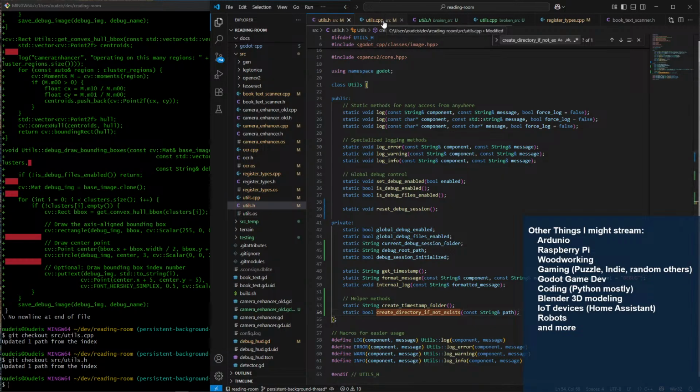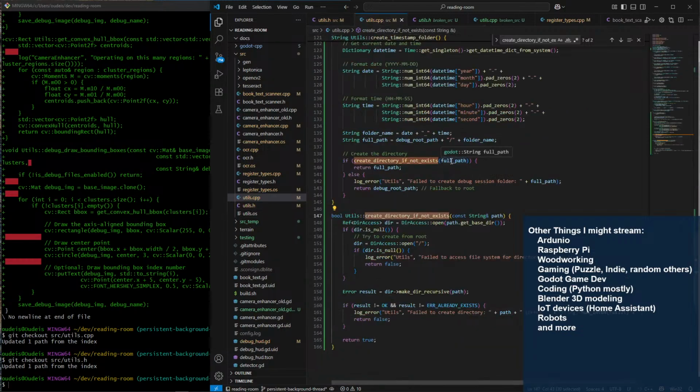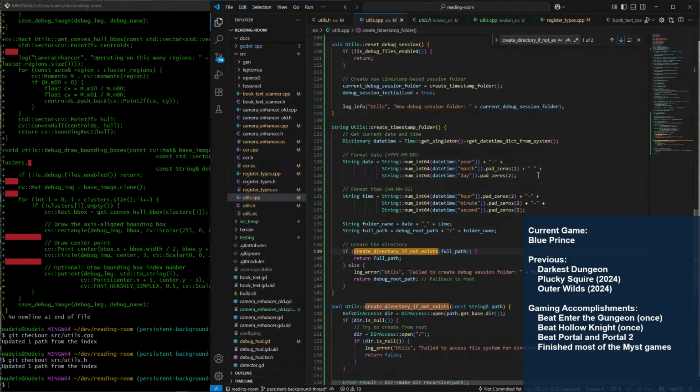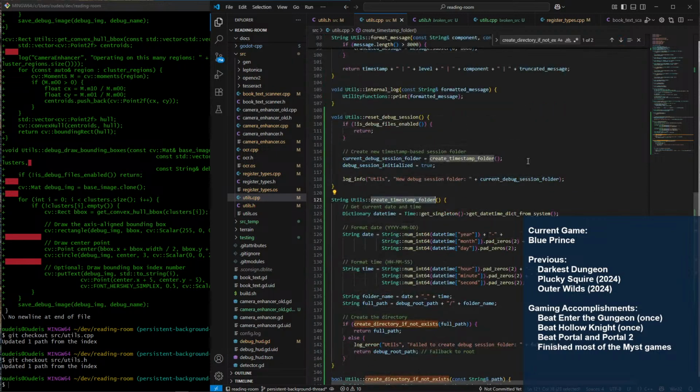But do you take a Godot string path? Because full path. Okay, you do. Yeah, okay. Fair enough.